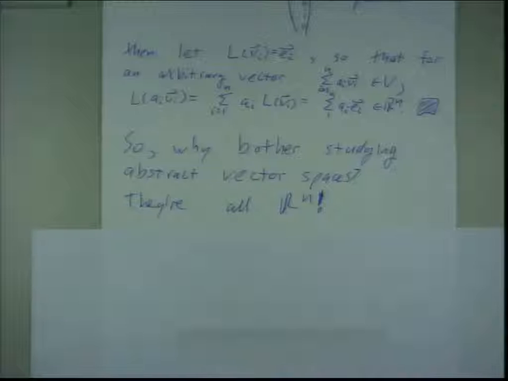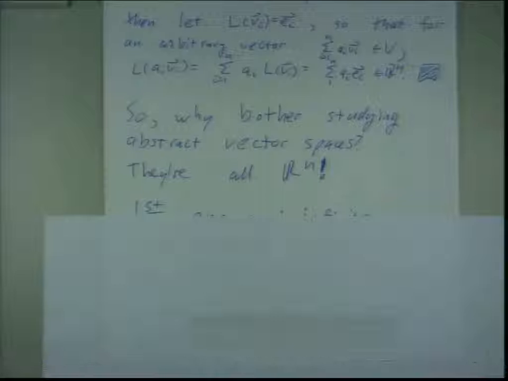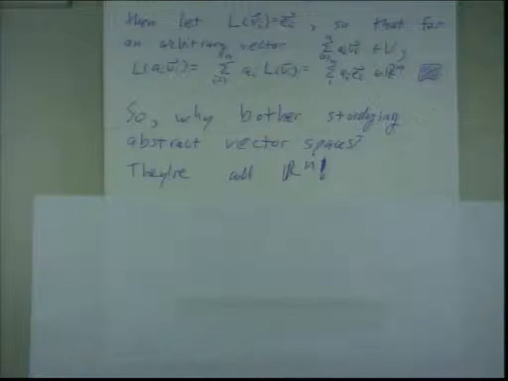So why should you have the definition of a vector space? Why not just talk about R^n? Okay. So that's the point today. And there are several different answers one can give, sort of with different points of view. So I'll indicate a couple of them, but then I'll focus in on the one that's going to be my topic today. So the first objection you can make, the first reason that you don't just have R^n, is that